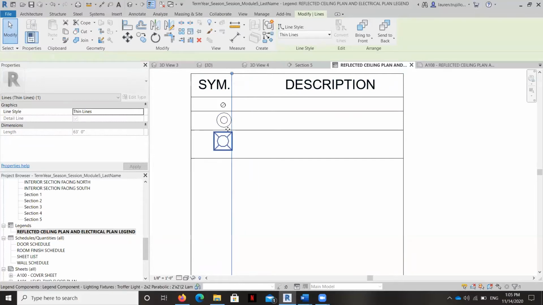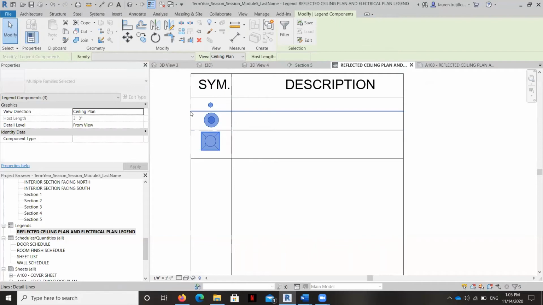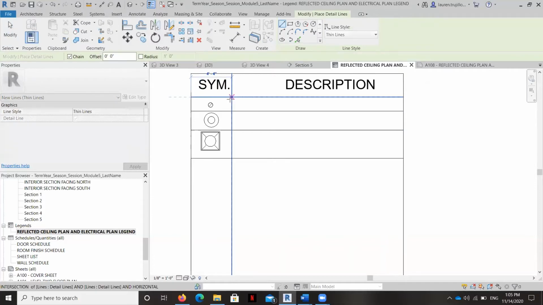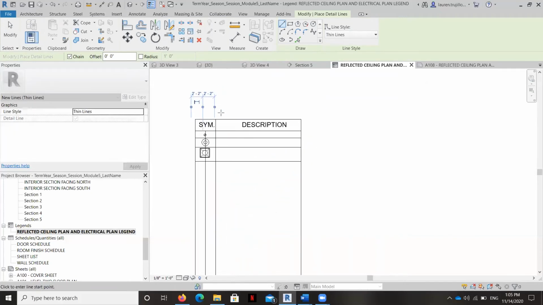And I'm going to move these elements over just to give as much room as possible to my description. And eventually it's going to become important. So I'm going to draw a detail line straight down the middle of this thing so that all my symbols are aligned.